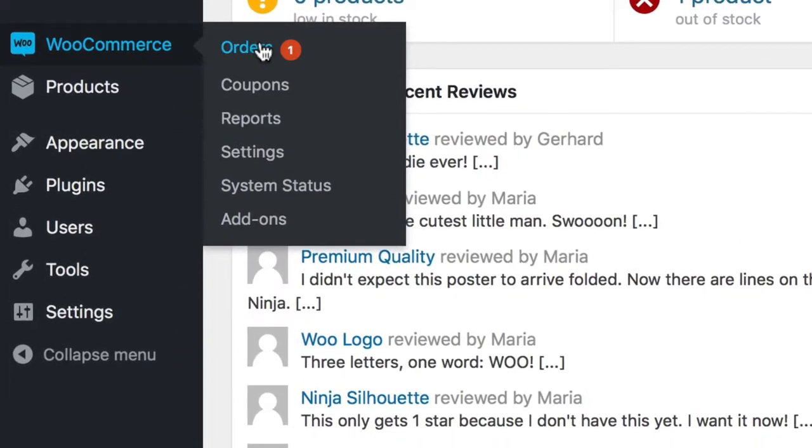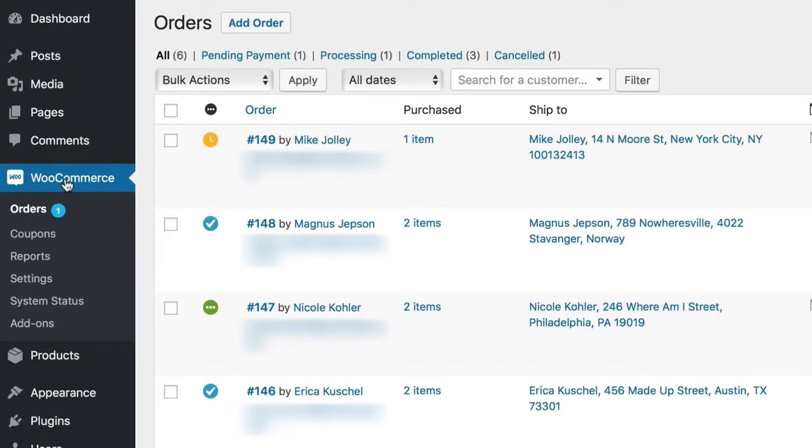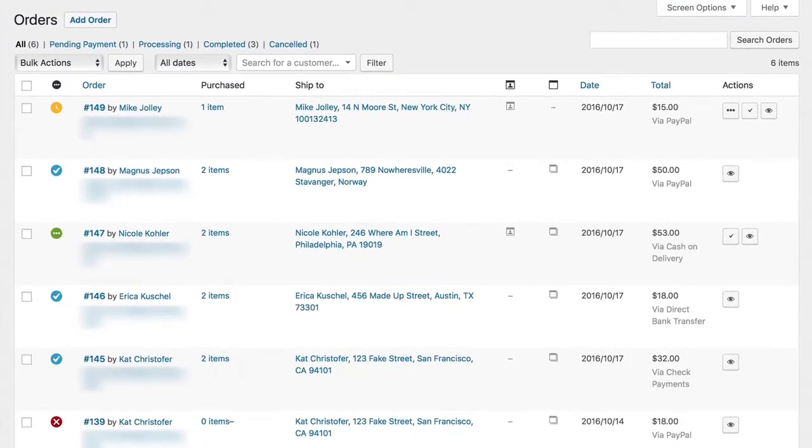Head to WooCommerce Orders to begin. You can also click on WooCommerce to jump straight to the orders. This screen, while familiar, has more information on it for you than a normal post screen. This should help you get a quick glance at all the recent orders, starting with a couple of filtering options